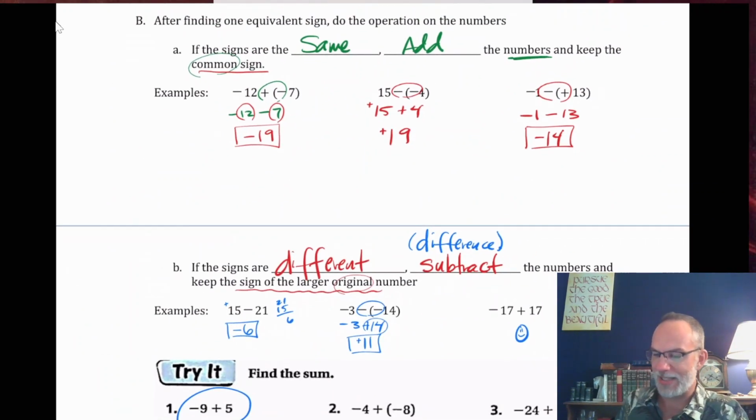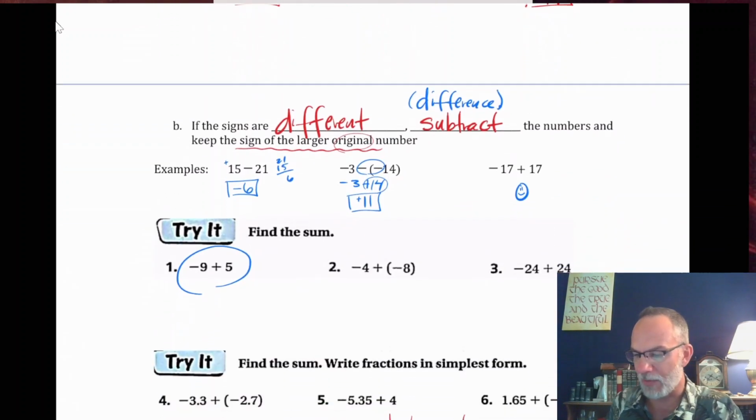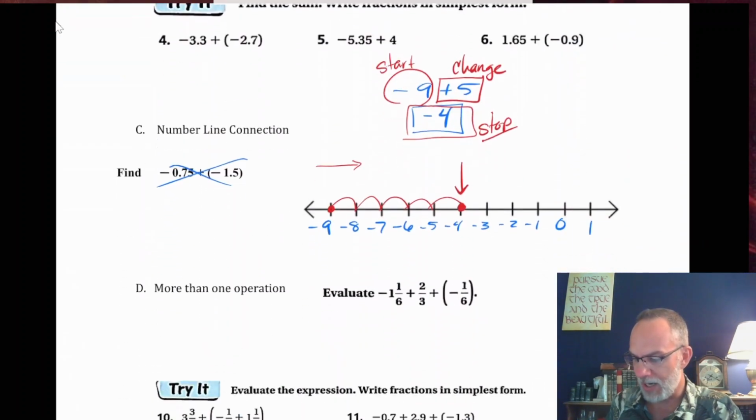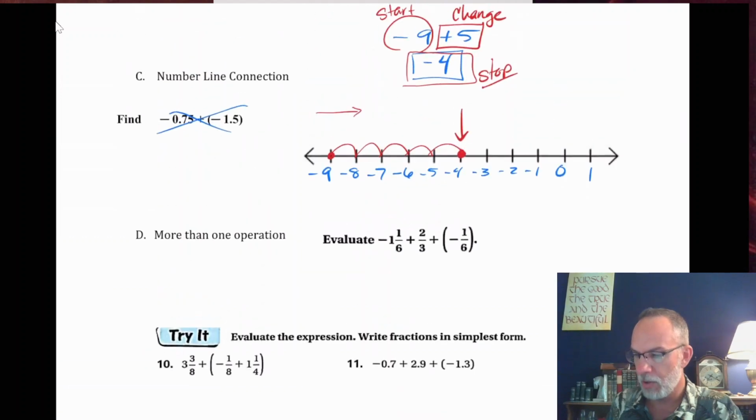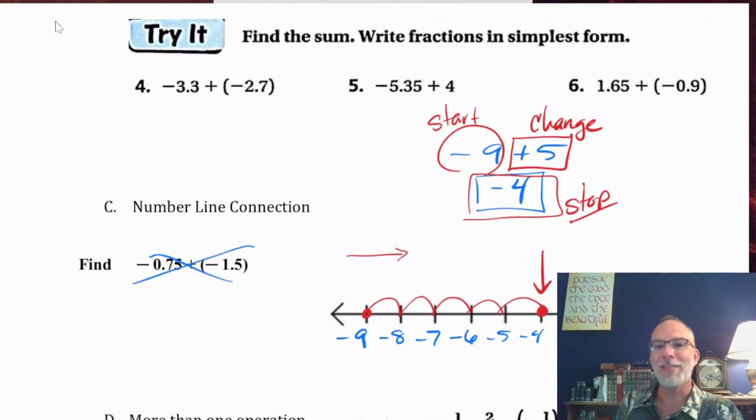So if the signs are the same, you're going to add the numbers, keep the common sign. If the signs are different, you're going to subtract the numbers, and you're going to keep the sign of the larger original number. Whew. And I think that's about it for a